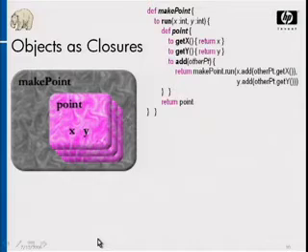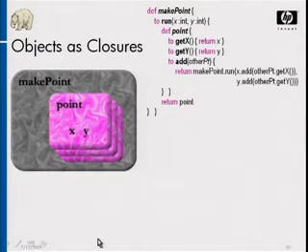makePoint is a function that makes objects. It's an object that makes other objects. So every time you call makePoint, it creates new points. The nesting here of spatial containment is lexical nesting. The point is defined within the scope of makePoint. Any variables that are in scope in makePoint are visible to point, and the stacking is multiple instantiation. Within the scope of makePoint, every time makePoint's called, it makes a new point. So each point has its own x and y variables.